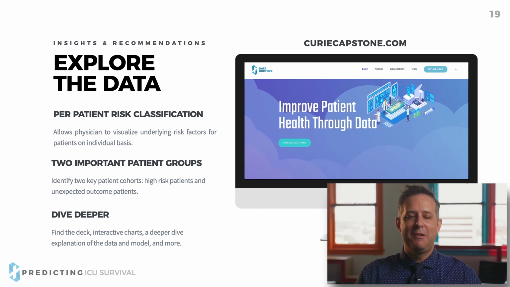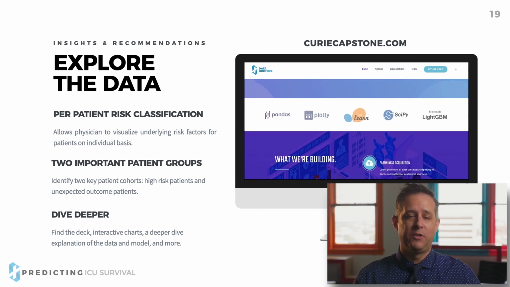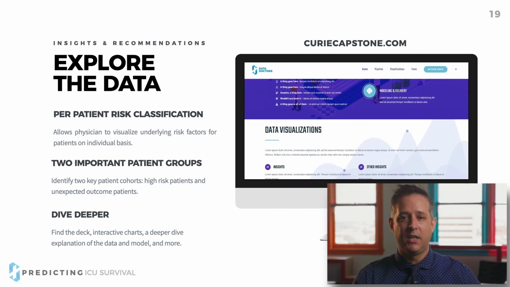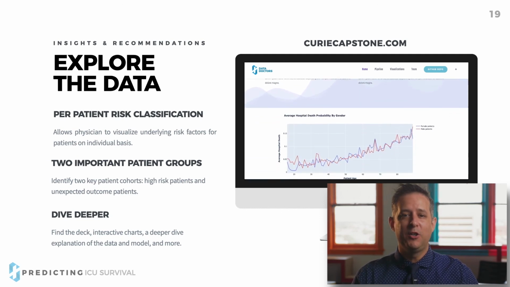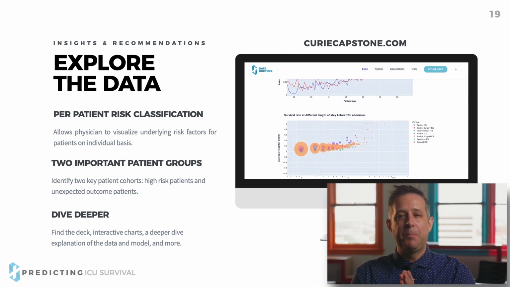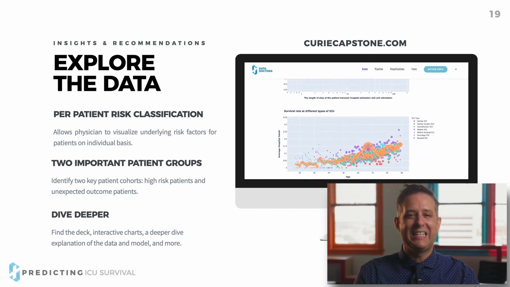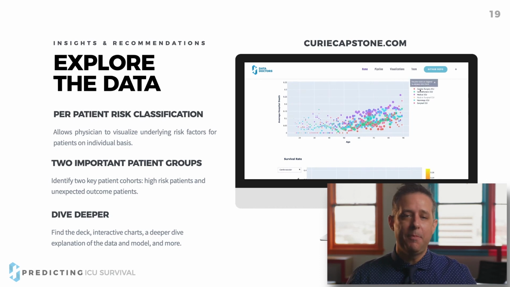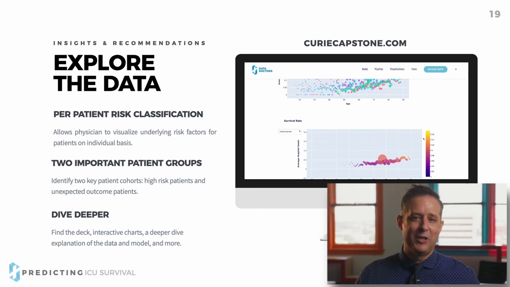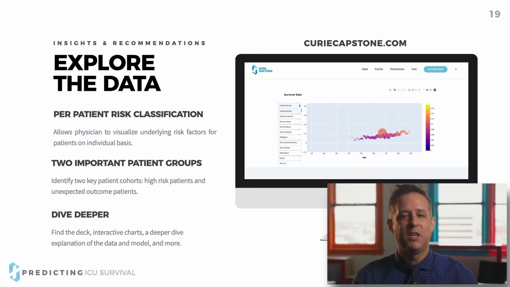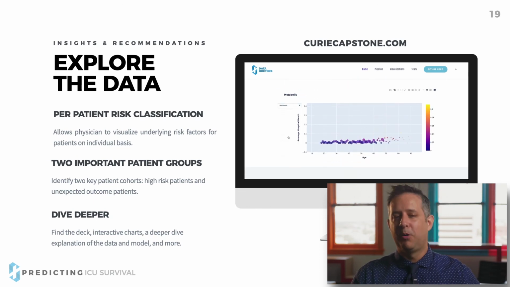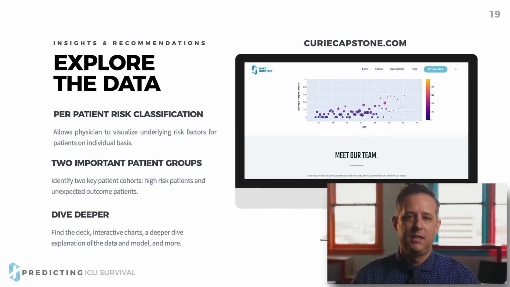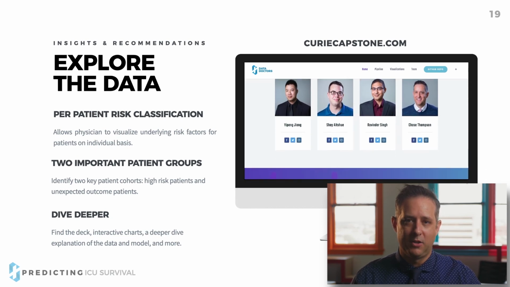And as Shay mentioned, the data originated in an open source fashion from MIT. So in the same way, we invite you to take a deeper dive into our data using the website that we created. There, you'll find this deck with an accompanying appendix with all the tools and data science techniques we used. You'll find the recording of this presentation and a more in-depth one if you're into that, the extended cut version. Also, you'll see interactive charts so you can explore the data yourself, a link to the project GitHub so you can review our code, and more. We invite you to do all of this because a project like this matters.